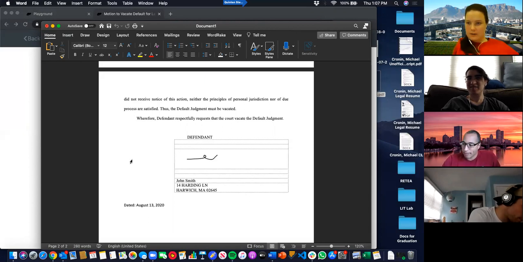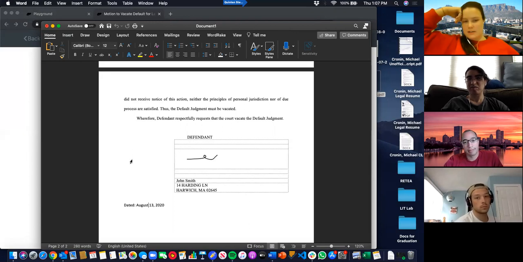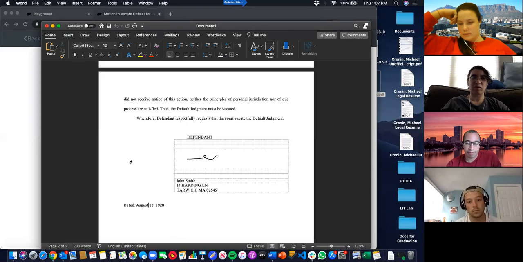Then I think it could be nice to have the date also in that table, so that it's all together, or would it usually be elsewhere? In South Africa we have the date up at the top, above defendant, like place and date. But it might be nice to keep that all in one block. So should the date be in the table and right aligned along with everything else? That's my question.